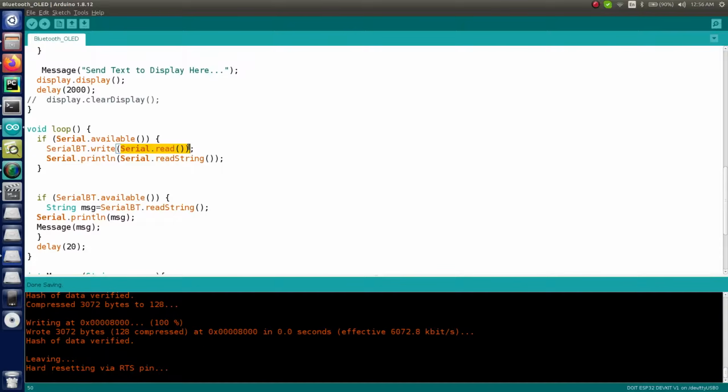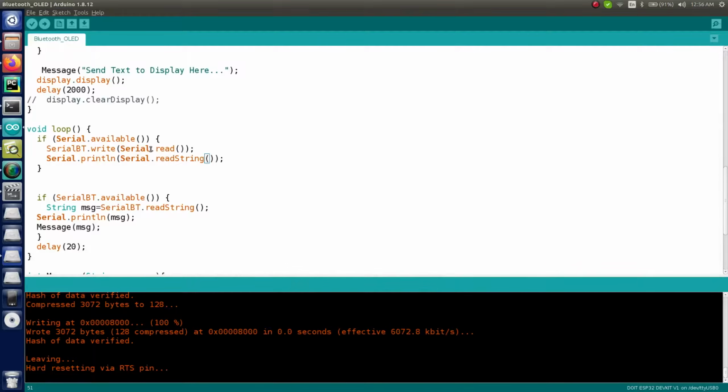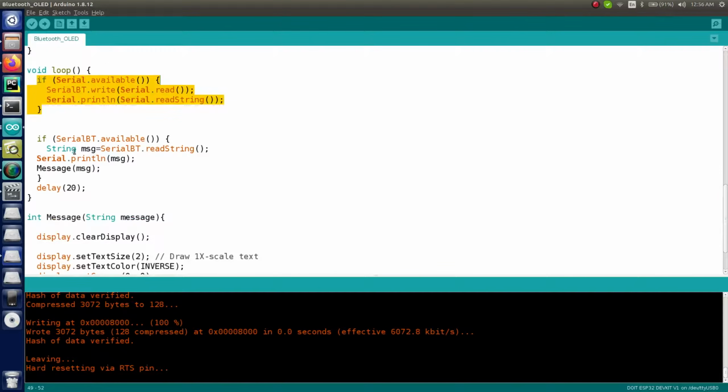This is multiple words, a multiple character string which we have to add in here. So for that we have a very basic function, and that function is Serial.readString. Serial.readString is basically used if you want to send some message from the serial monitor, which means if you type something over here, then that message will be read. But we are not reading from here, this one is actually for the serial monitor.